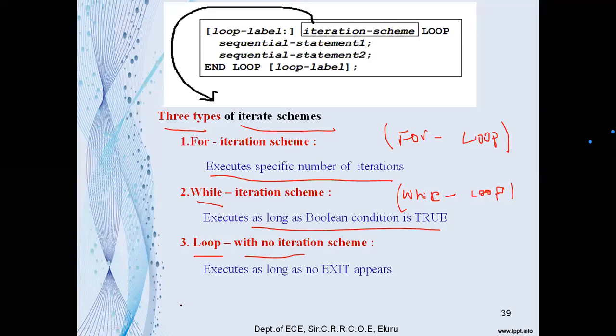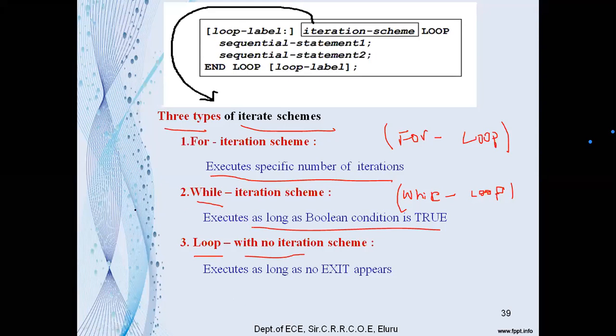Infinity of times. Then how can you come out of that loop here? When you are executing a loop with no iteration scheme, how can you come out of that loop? For that, we will use some other actions that cause an exit from the loop. Such operations we will discuss after the loop statement, where we use the exit statement. That exit statement jumps out of the loop, or comes out of that loop here.